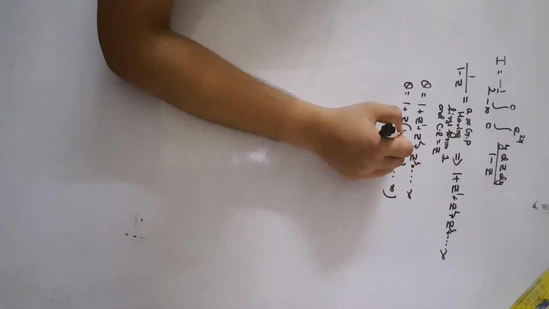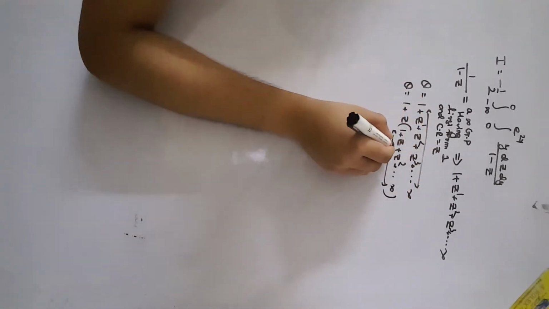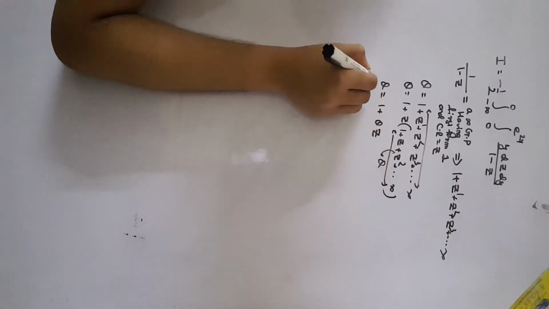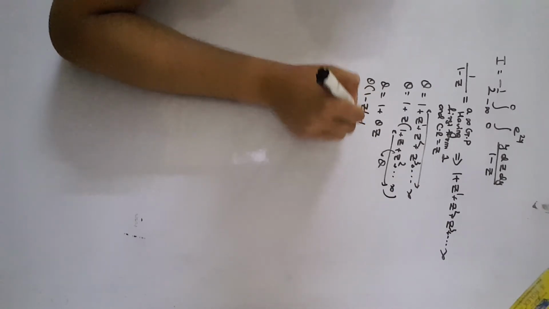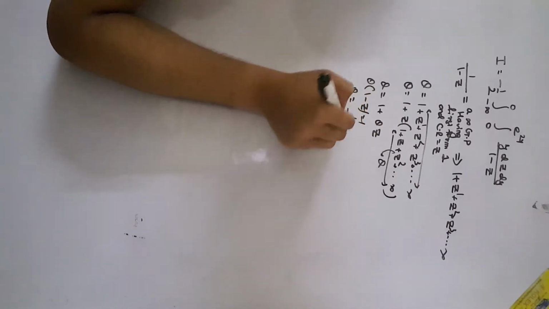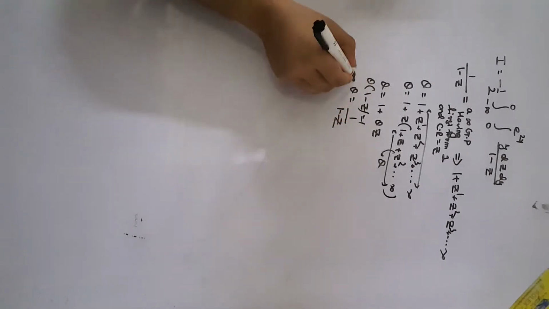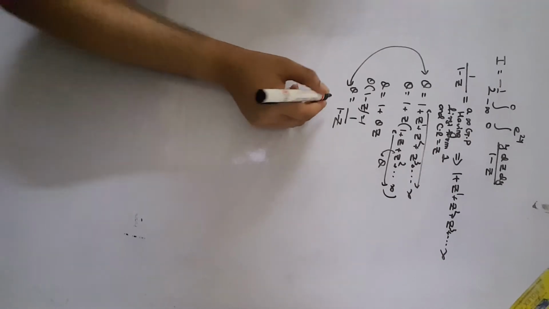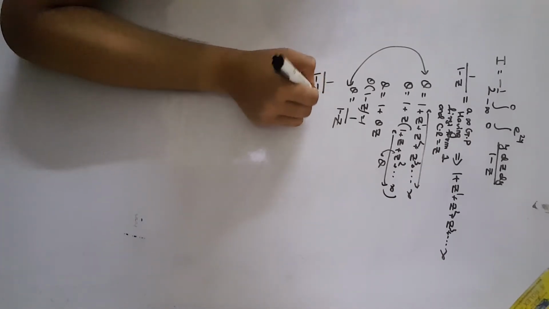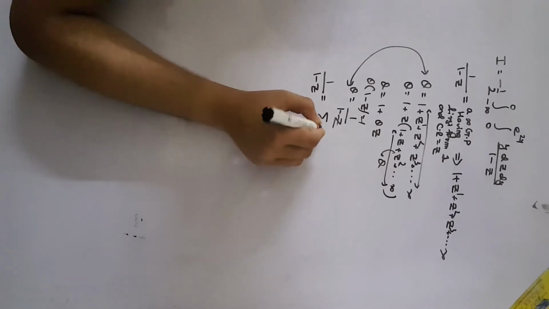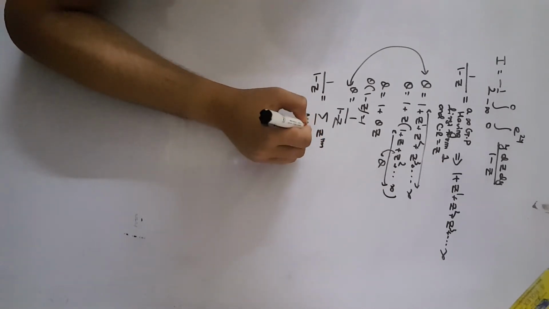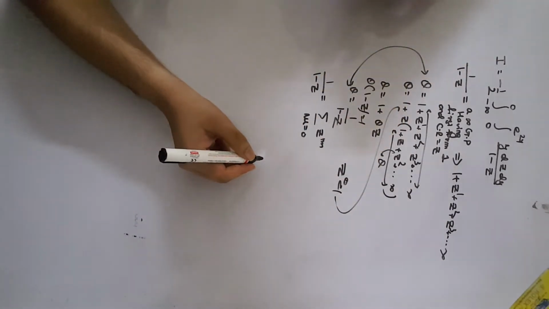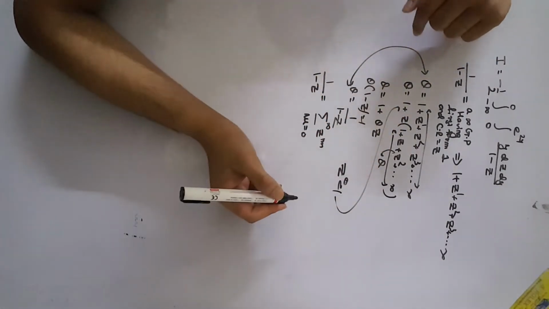As we can see, there's no difference between this and this expression, so I can write this expression as q. So q is equal to 1 plus q times z. So q minus qz is equal to 1, so q is equal to 1 divided by 1 minus z. So we can infer that this thing and this thing are equivalent to each other. So I can say that 1 divided by 1 minus z can be written as a summation of z to the power of m, with m starting from 0 because z to the power of 0 is 1, which makes the first term of the summation series, and obviously it goes up to infinity.